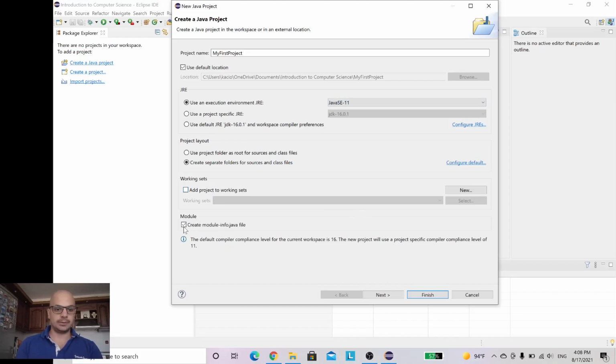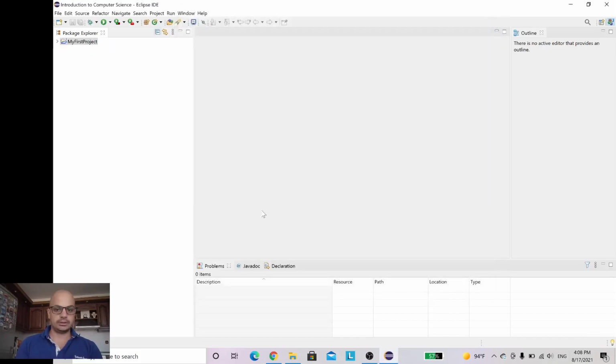And one thing that I normally unclick is the create module-info.java file. And after that, by pressing finish, your first project is going to be created.